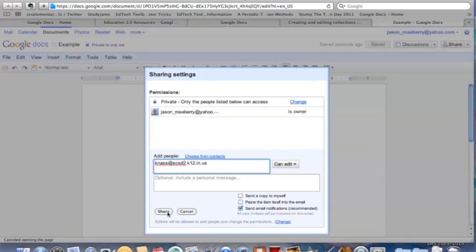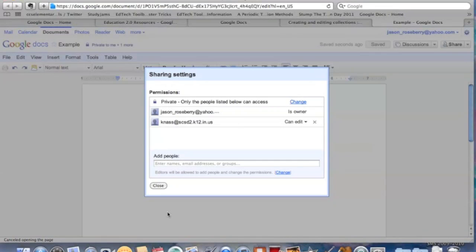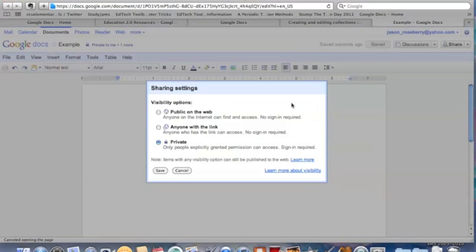Something that we're looking at to share, and I can give her permission right here to edit or just to view. I trust her. I'm going to give her the chance to edit. I can say, in here, hey, take a look, and send it off, and it will automatically send this to her. Other things you can do is right here where it says Private, you can click Change,